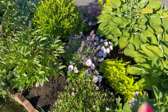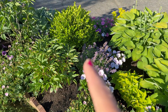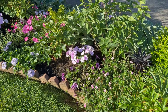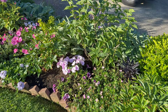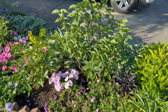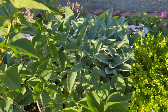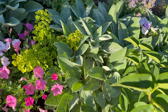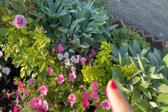And I've got some impatiens that are blooming a light pink, and some nepeta. I've got a boxwood in here and a peony. A couple peonies that I bought on a clearance rack last year, and they did not bloom this year, but I have fingers crossed that next year they will be blooming and look really great. I've got a lilac there, and then my lamb's ear is absolutely exploding. I don't know if you can see that from this side, but it is really getting big, and that repeats here in the bed as well. Got a little miniature ginkgo,